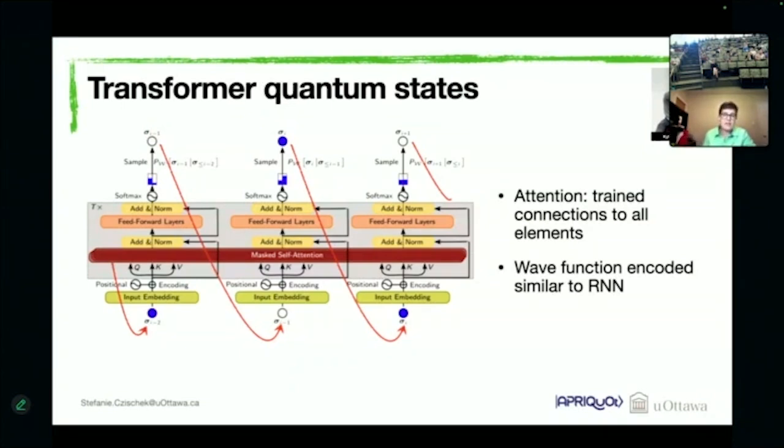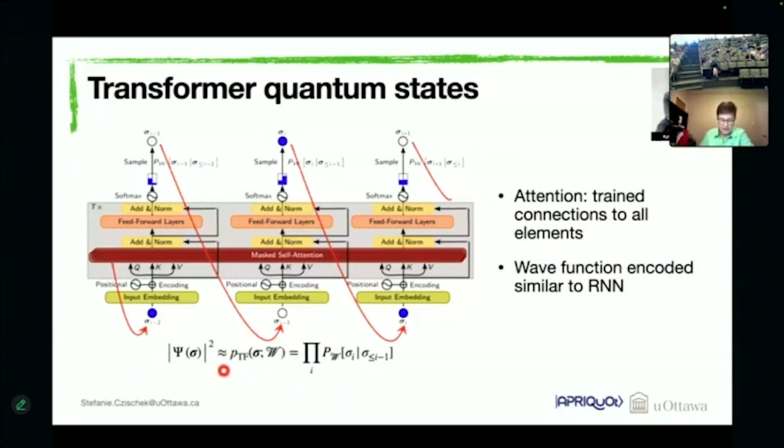The only difference is that we don't have a recurrent behavior here, but we have what is called the self-attention mechanism, which I really don't have time to explain. But the self-attention mechanism always takes all states of all elements in the sequence as an input and provides trained connections to all elements in the sequence. So now we directly encode the correlations to all other atoms on our lattice in the network model instead of propagating this information over the sequence. And this is why these transformers are so much stronger at capturing long-range correlations. But apart from this, everything is very similar.